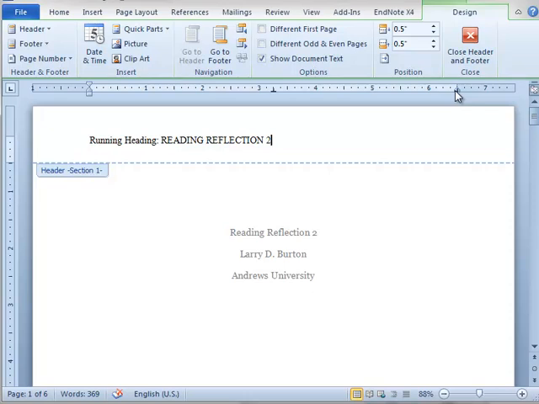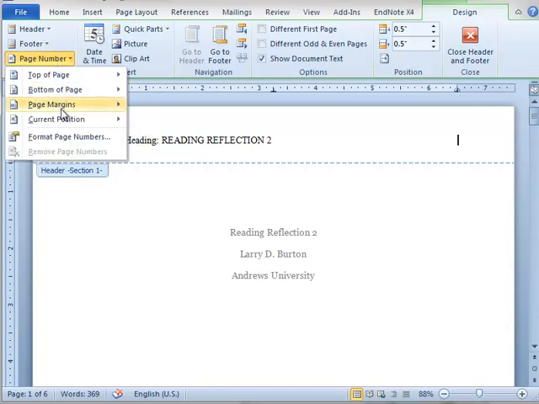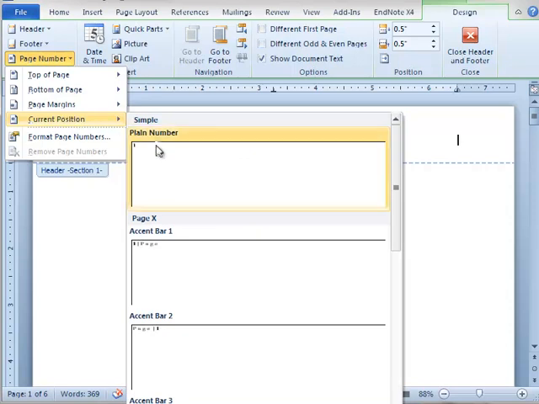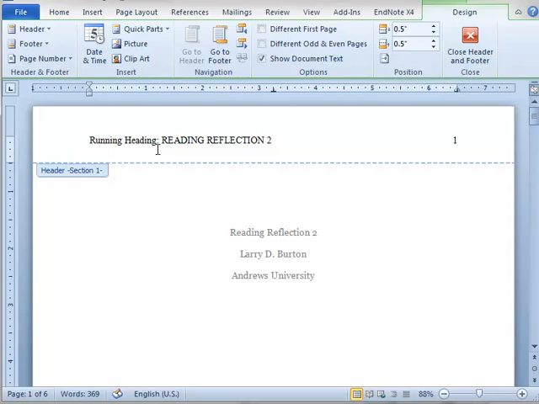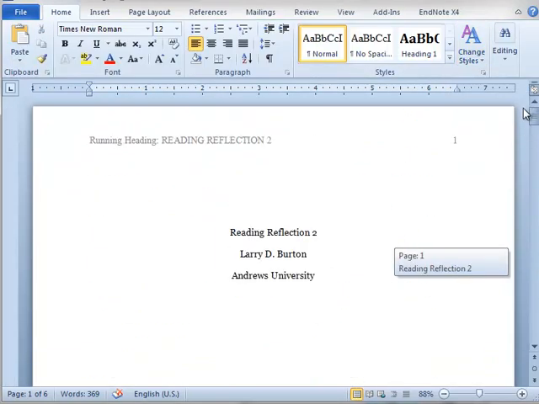So if we push the tab bar once, it goes to the center position. We push the tab bar a second time, and now the cursor is over here on the far right side, and that's where we want the number for the page to be. Now to insert that, we come up over here to the left side of the toolbar, and you'll see this page number icon, and so this is where we can insert the page number, and we want it at the current position, and we just want a simple plain number. So there we have the plain number. So we can close that